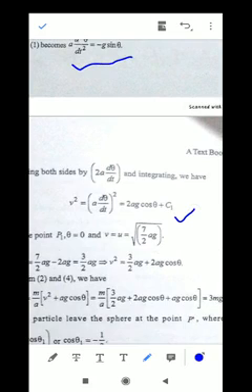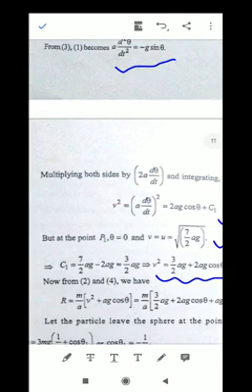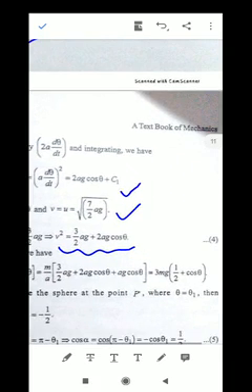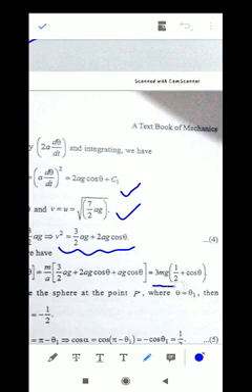And using the initial condition, when theta equal to 0, velocity is given by this one, we get the value of c1, and putting the value of c1, this is the required expression for the velocity. Now from the second and fourth equations, putting the value of v square, we get the expression for R. On simplification, it becomes 3mg in bracket 1 by 2 plus cos theta.